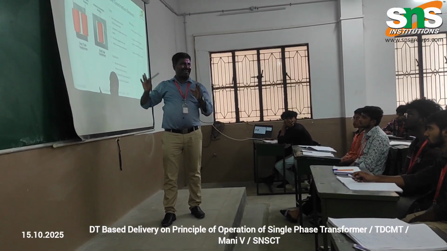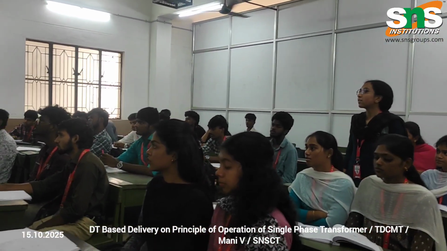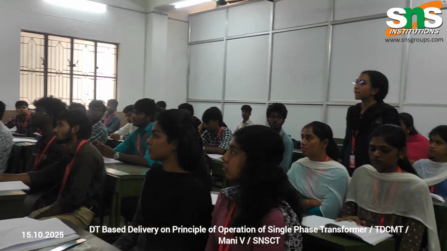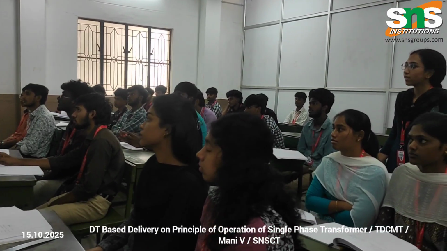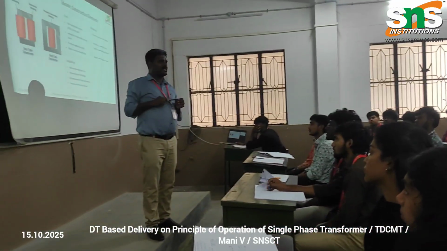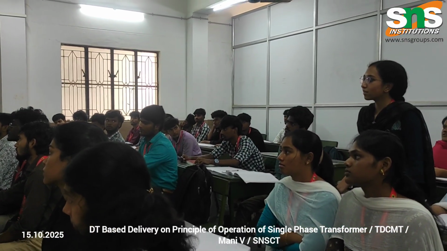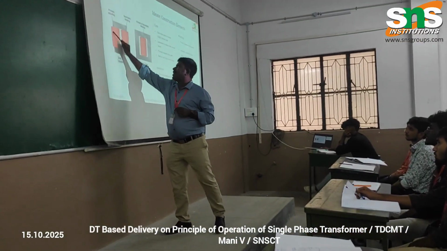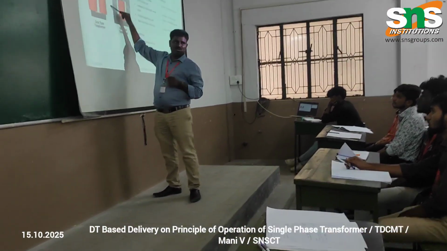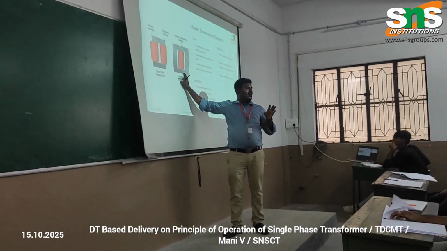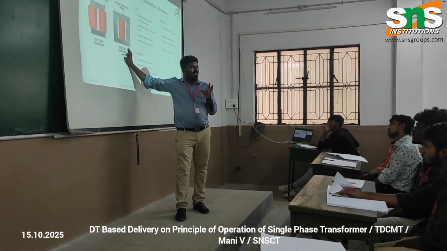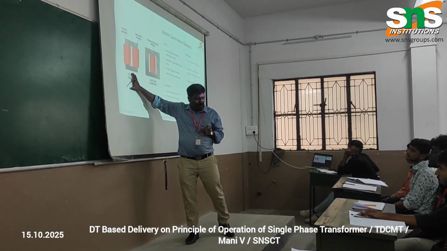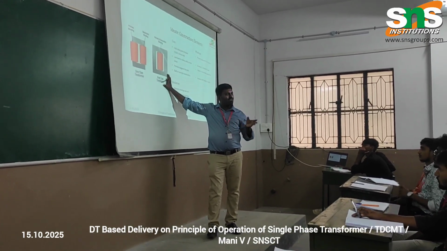Okay. And what about the magnetic paths? In shell-type, how many magnetic paths will be there? Only one? And what about core-type? In core-type, it has only one path, and in shell-type, it has 2 paths. Okay, so this is the core-type and shell-type. It is based on low power application and high power application. So core-type has only one magnetic path, shell-type has 2 magnetic paths, so that we can use it for